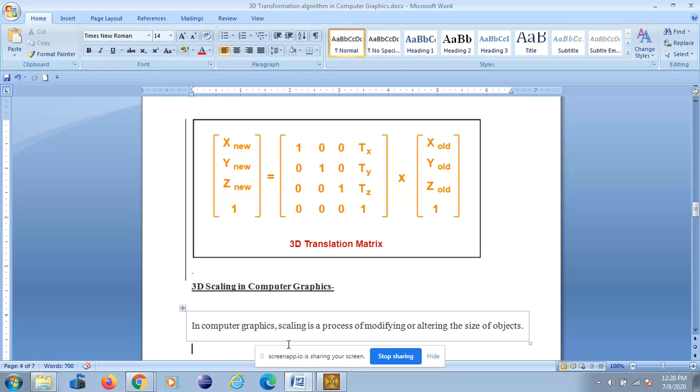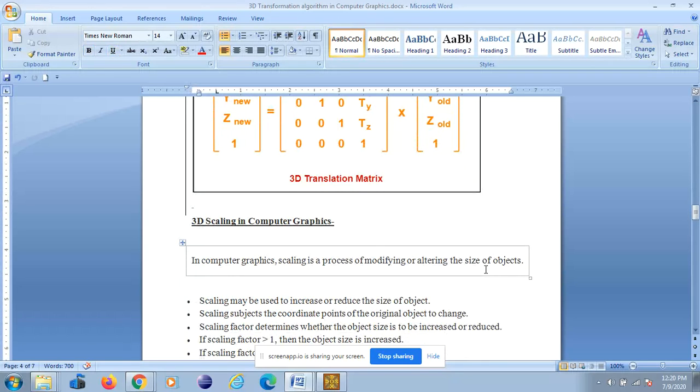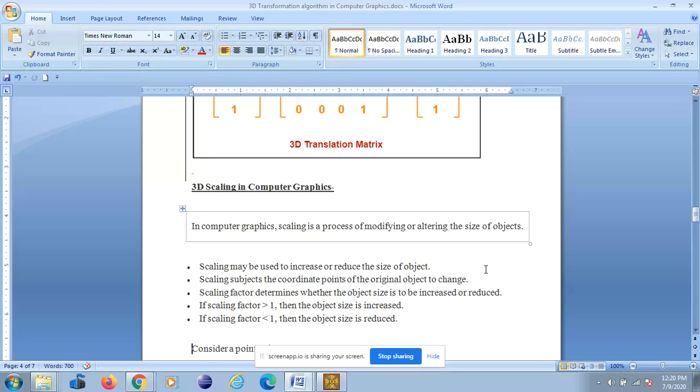In this video, I am discussing 3D scaling in computer graphics. When we talk about 3D scaling, the first question is: what is scaling in computer graphics?